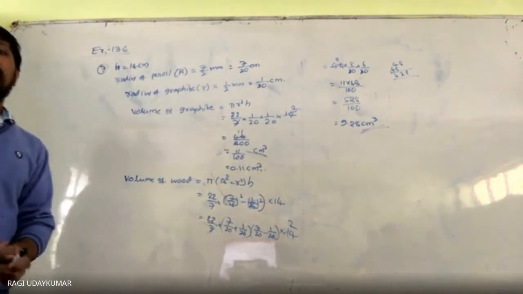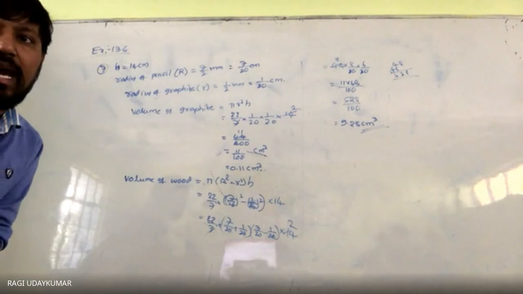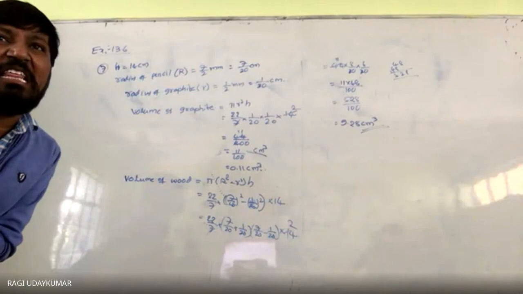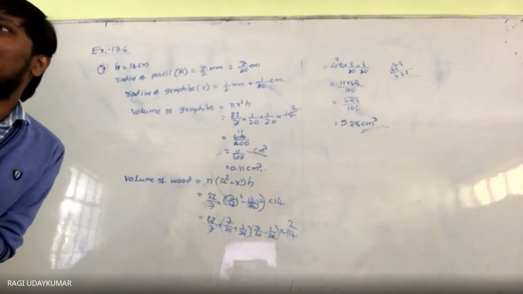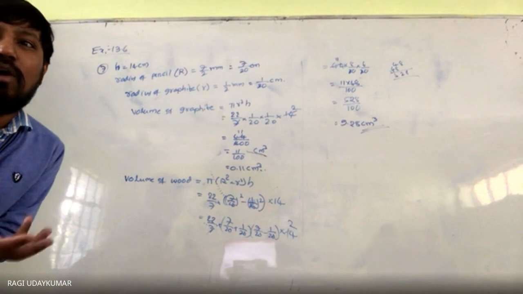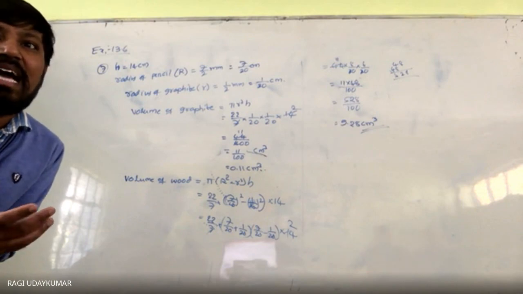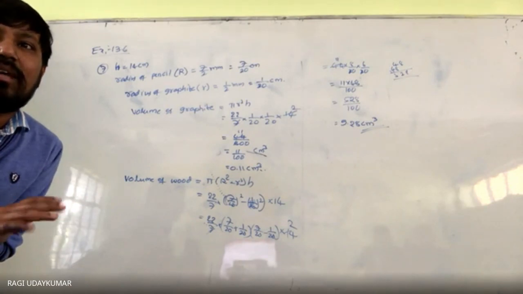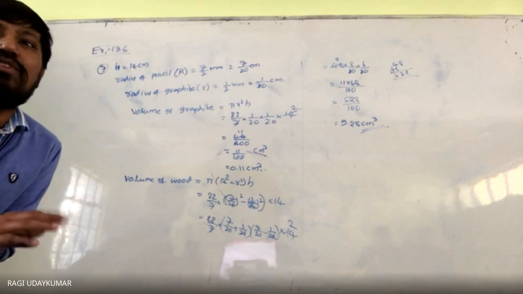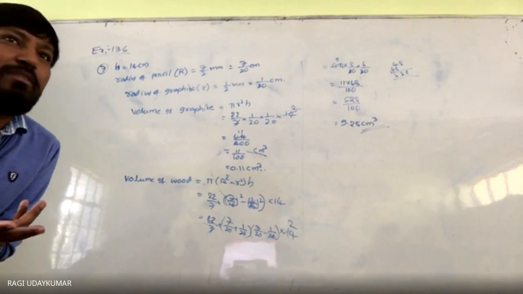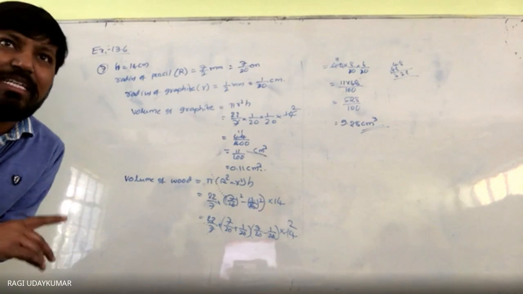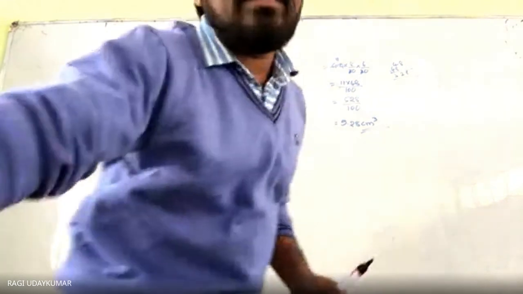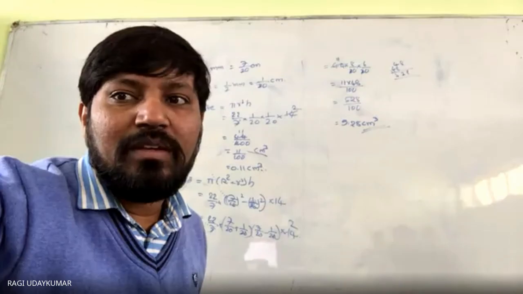Okay, next, the last question is: a patient in a hospital is given soup daily in a cylindrical bowl of diameter 7 centimeters, and the bowl is filled with soup up to a height of 4 centimeters. How much soup can be prepared for 250 patients? 250 into pi r square h. This is a very simple problem, I will not explain it because I have already explained this type of problem to you. With this, point 6 is completed.